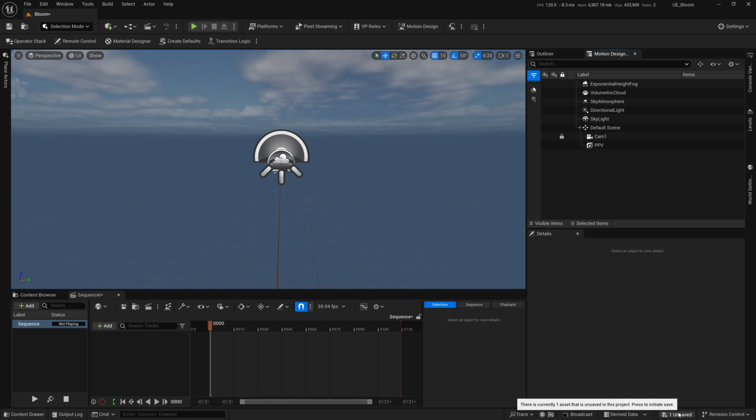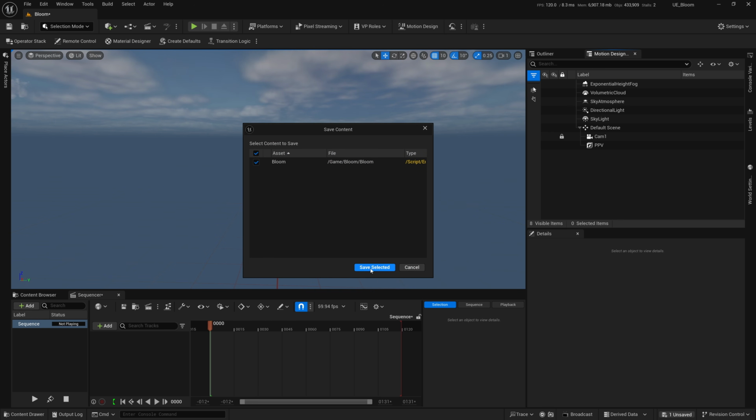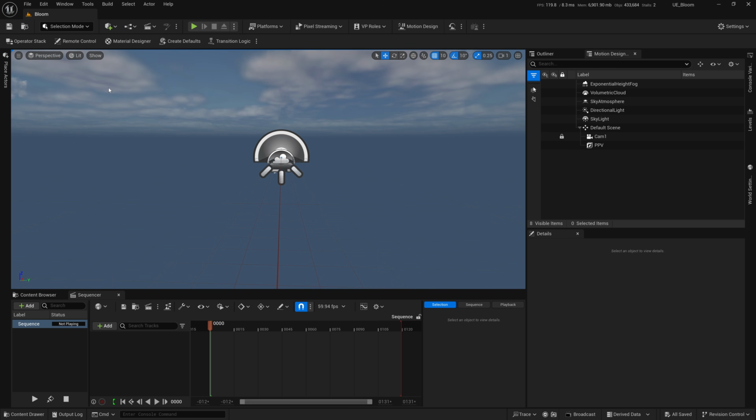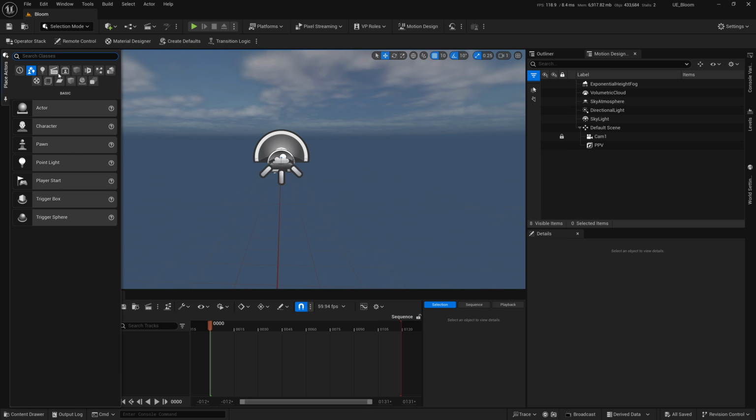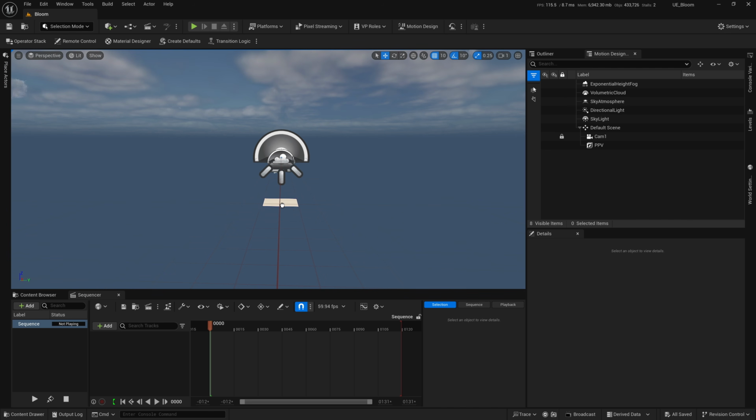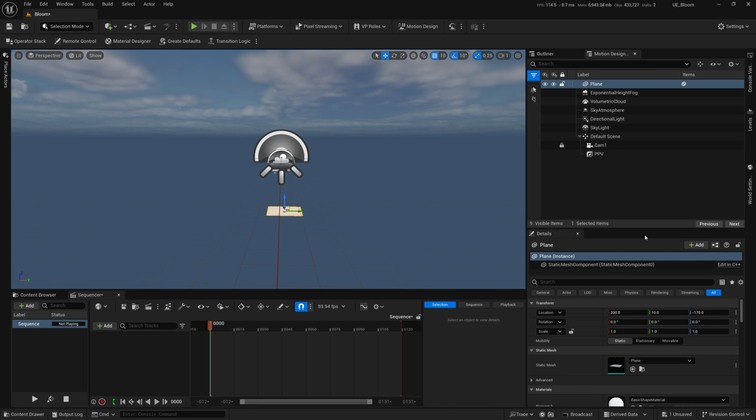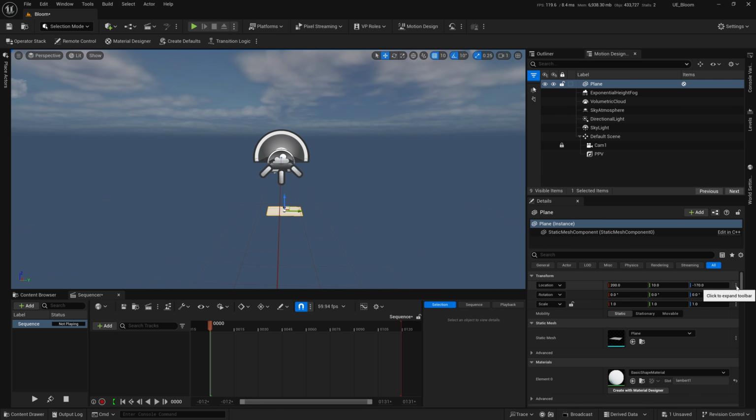Let's save first, just in case. So I'm going to click on Save All. Very important to save often. I'm going to go to Place Actors. I'm going to go to this 3D cube over here. I'm going to say, give me a plane. I'm going to drag and drop, right? And I will reset its position to 0, 0, 0 by clicking on this ellipsis and then click on